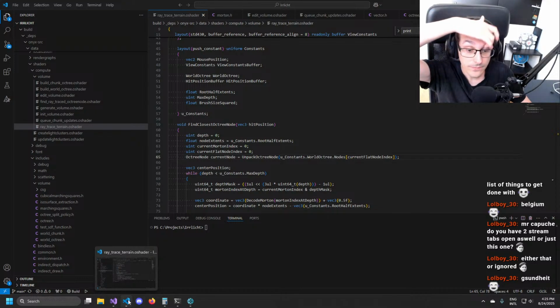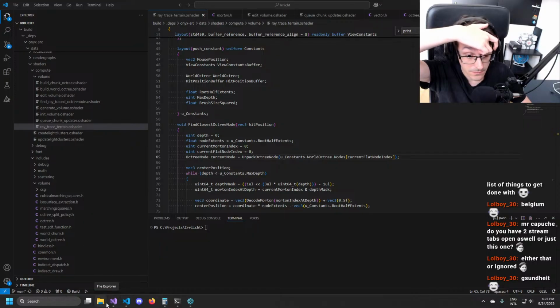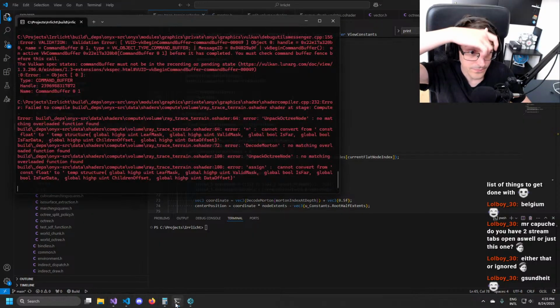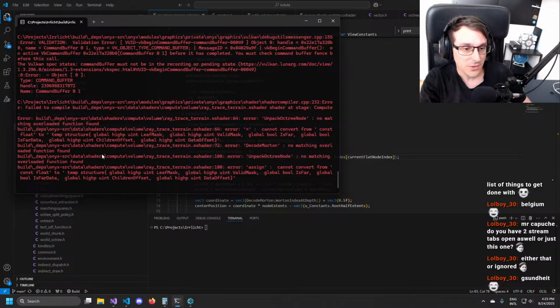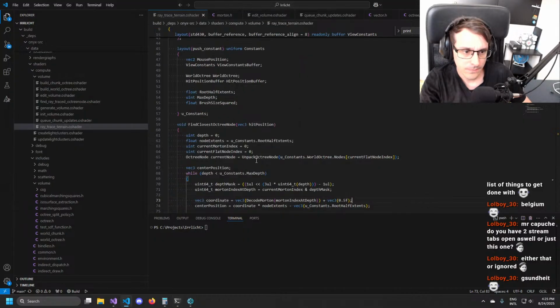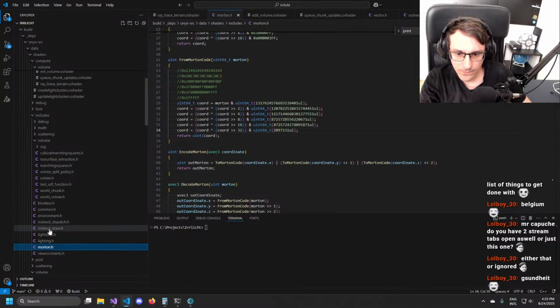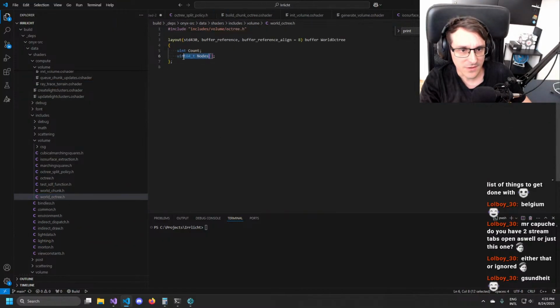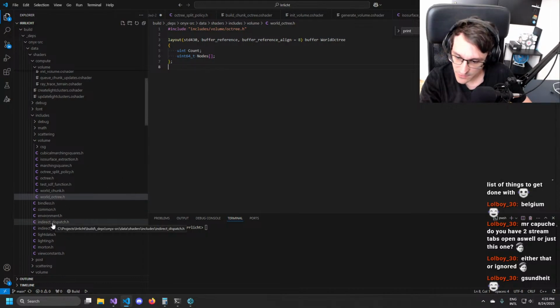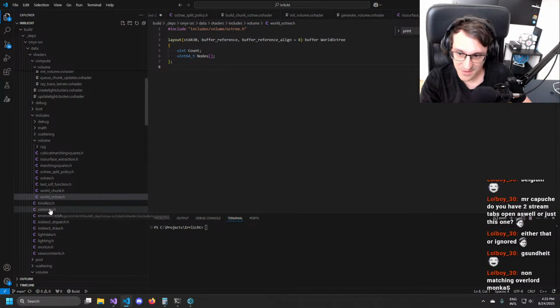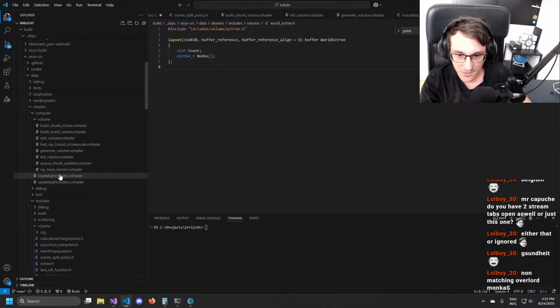Shouldn't you work? No matching overload. Overload cannot convert. Am I stupid? So word octree is this, which is UN64. Exactly, non-matching overload. That was a